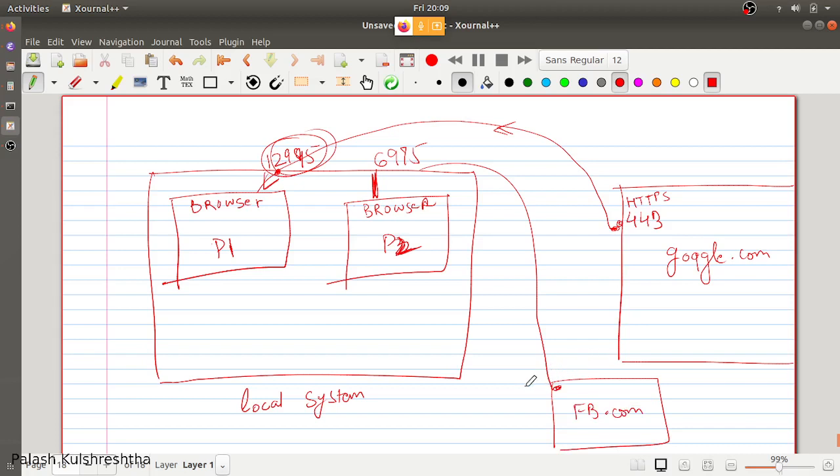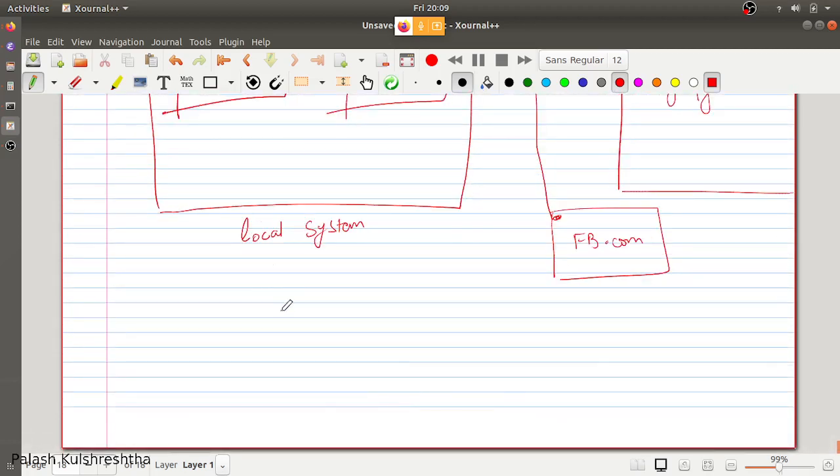So every time two systems are interacting, there's always a combination of IP plus port on the source side and IP plus port on the destination side, and an IP plus port combination is called a socket. So whenever two systems are interacting, there is always a connection from one socket to another socket.